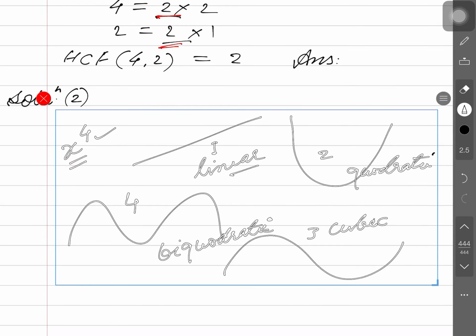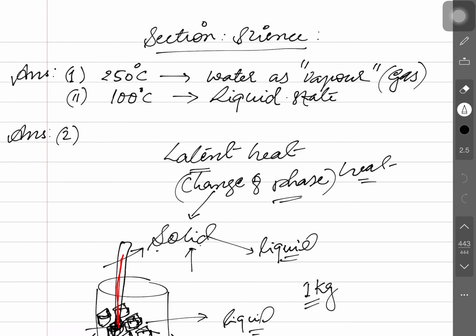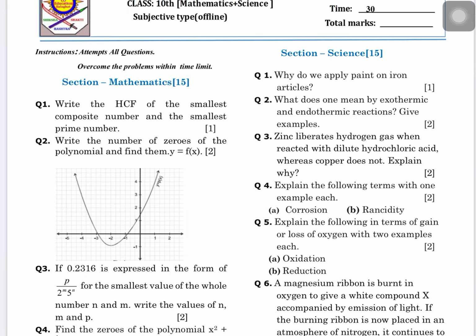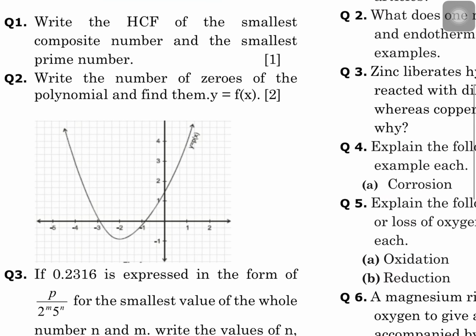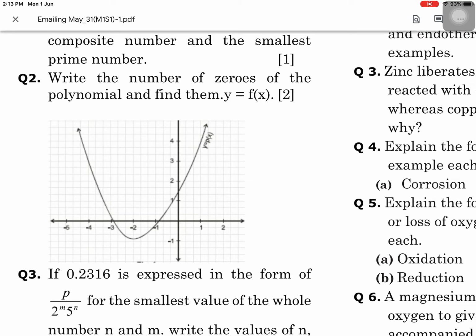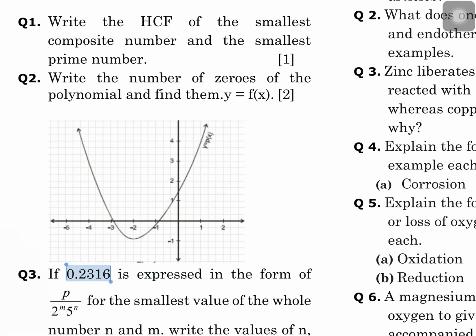So what do we have to find out here, please tell me. We have to write the number of zeros of the biquadratic polynomial. I am telling you the definition of zero. The zero is actually the value of x for which the polynomial gives you 0. You may see this curve is intersecting the x axis. It is intersecting at -1, and it is intersecting at -3.